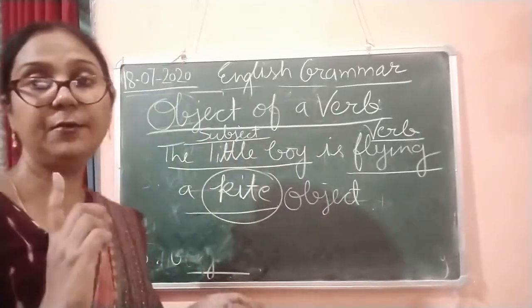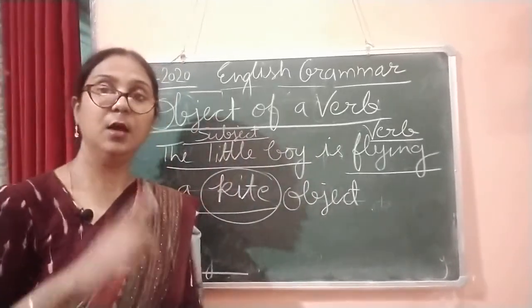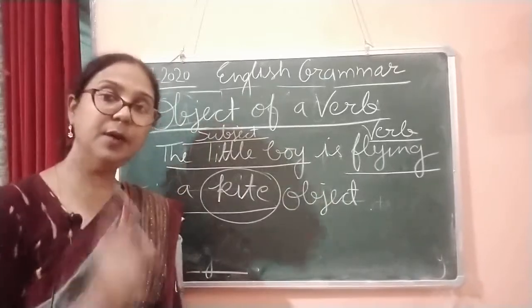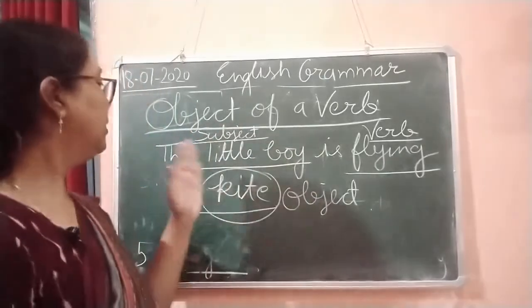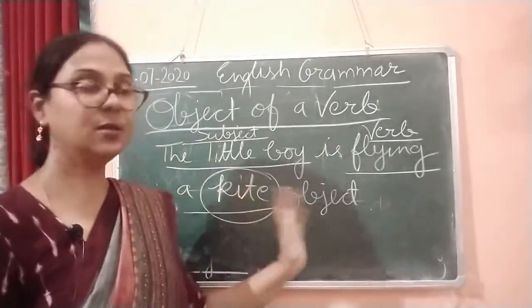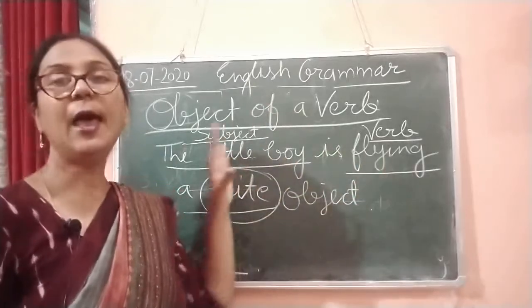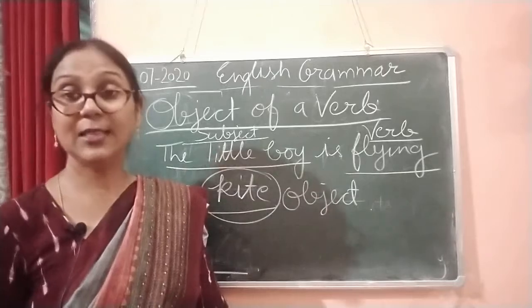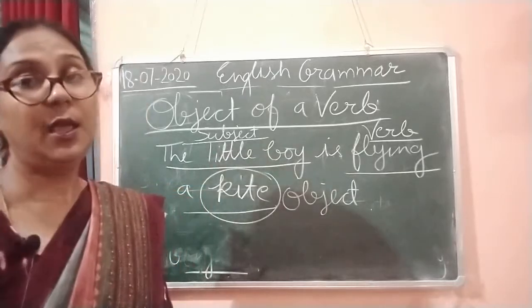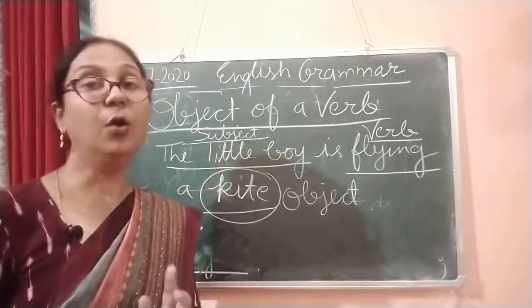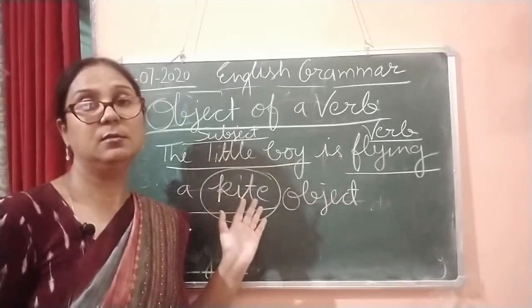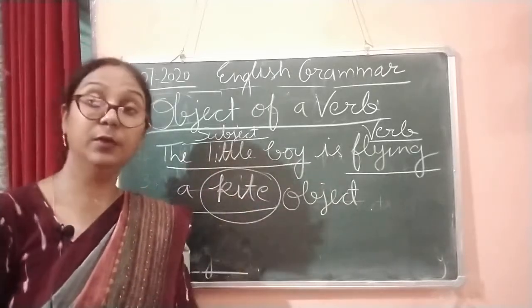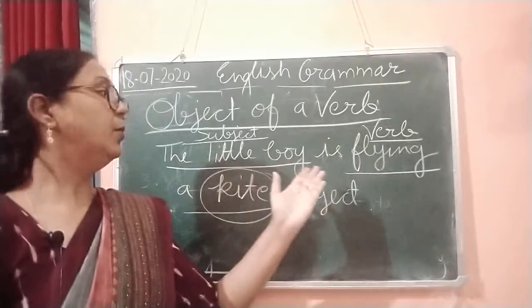So this we have to always remember: a sentence must have a subject, verb and object. Sometimes you cannot find an object, because sometimes it is a very simple sentence, the little boy flying,